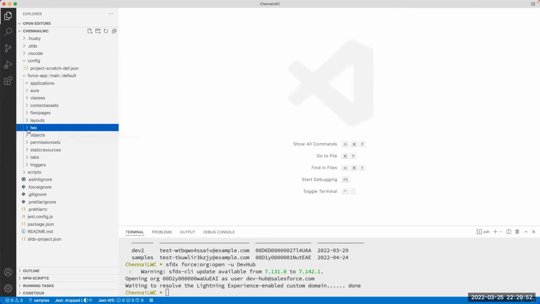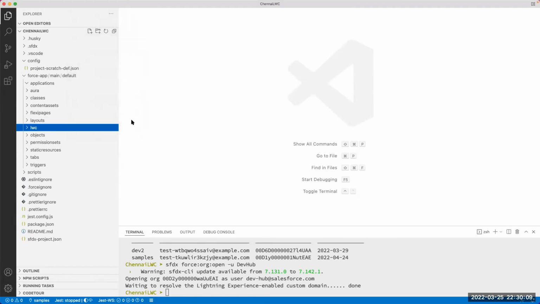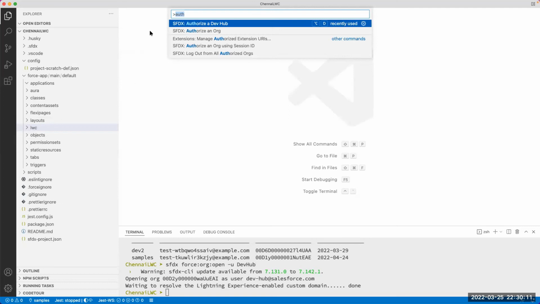But before that, I also want to create a scratch org so that once I create a component, how do I test it? I can test it on the scratch org. As I said, scratch org is a temporary org. So for that, what I can do is I can again launch my command palette. As I said earlier, I can use view command palette, or shorter version would be command shift P. And here I can simply say